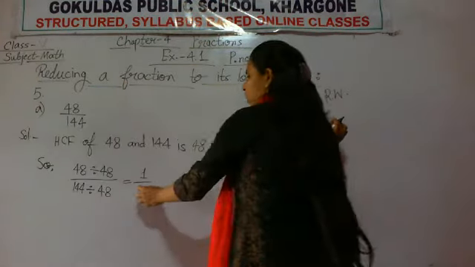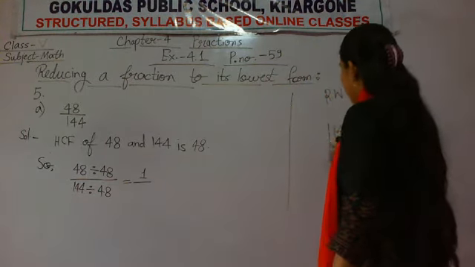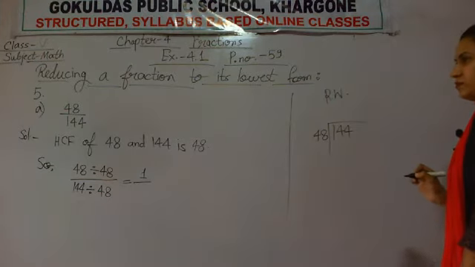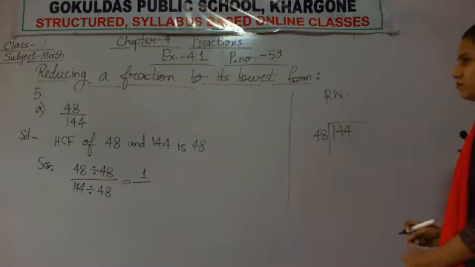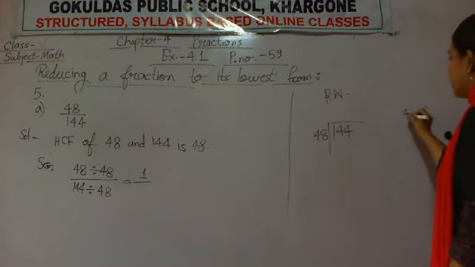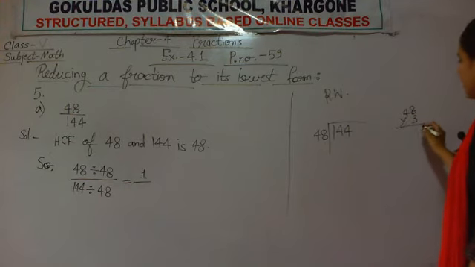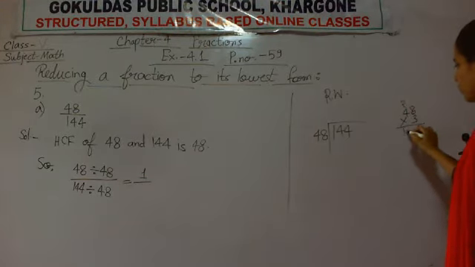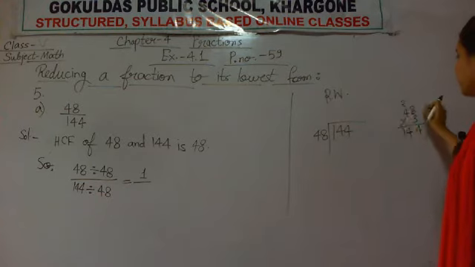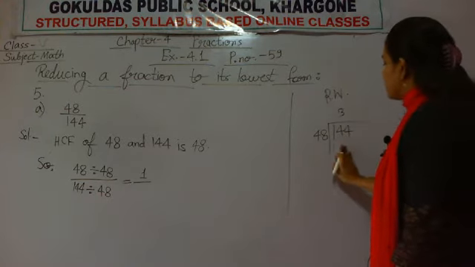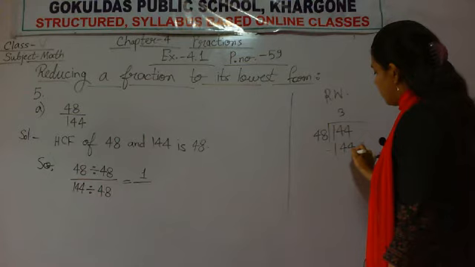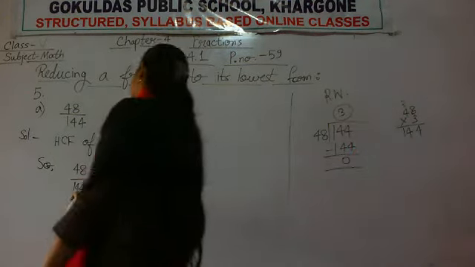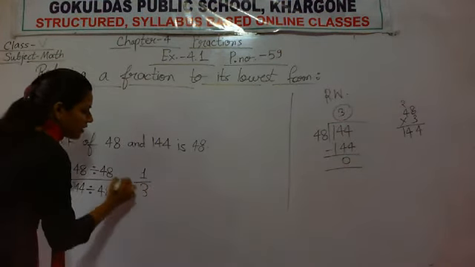If you don't know what will come here, in rough work you can divide 144 by 48. 48 into 3: 3 8s are 24, so 4 carry forward. 3 4s are 12 and 2 is 14, so 144. So in 48's table, in 3 times you can get 144. So what is your quotient? 3. When you divide 144 by 48, your result is 3.